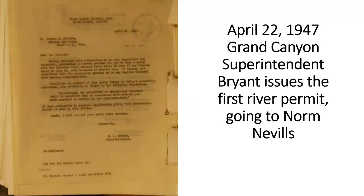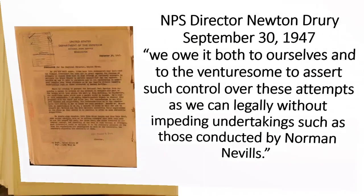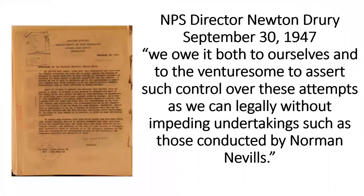Tillotson left Grand Canyon and became the Southwest Regional Director, overseeing Grand Canyon. And the new superintendent, Harold Bryant, issued the first river permit to Norman Nevels in 1947. Later that same year, Park Service Director Newton Drury wrote, we owe it both to ourselves and to the venturesome